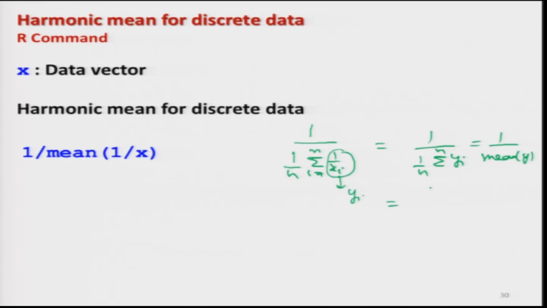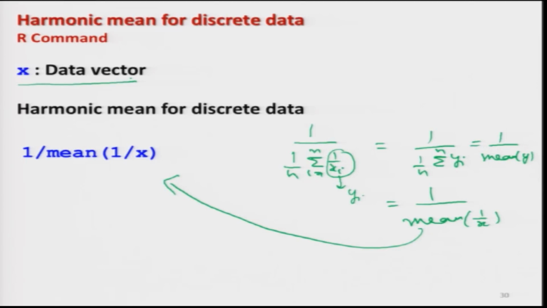So this can be written simply as 1 upon mean of 1 upon x vector in R. That is the same thing I am writing here: if your x is a data vector, then the harmonic mean in the case of discrete data is defined as 1 upon mean of 1 by x.